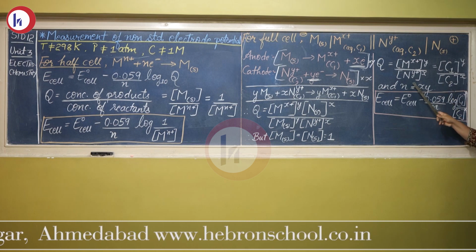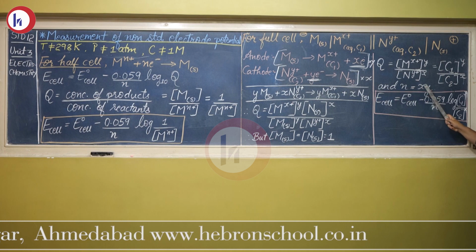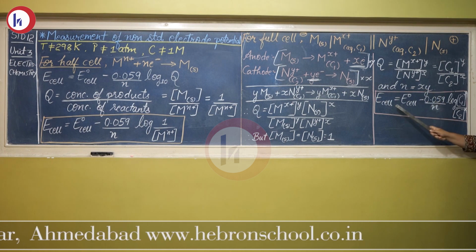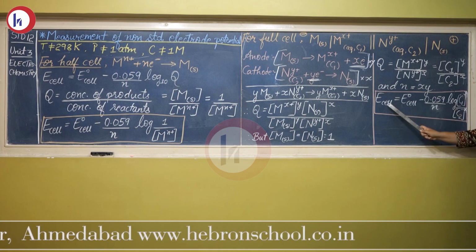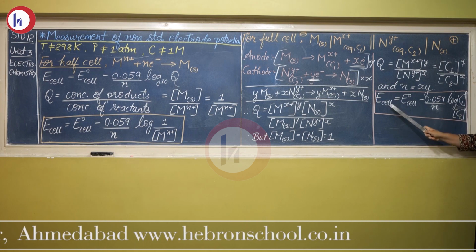And in this equation, the number of electrons exchanged will be equal to the xy product. So substituting this in the Nernst equation, we get E cell, that is cell potential, equals